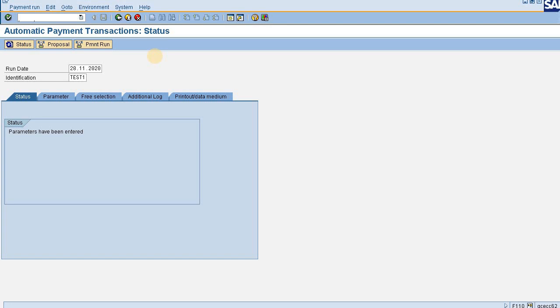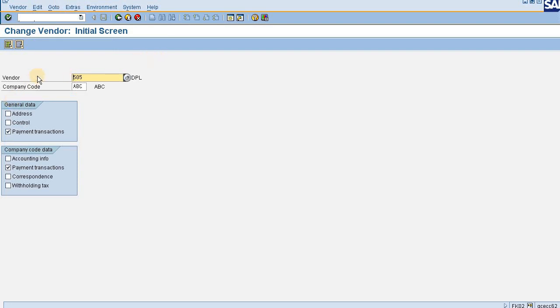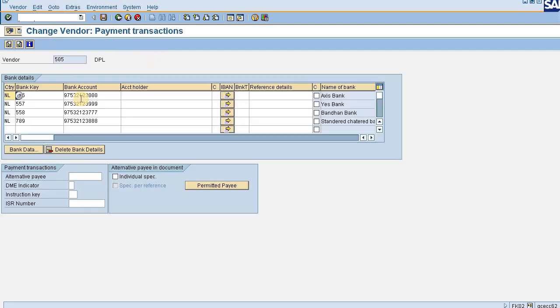Now first of all, I'm going to show you a vendor master. FK02, this is my vendor. Going inside, this is the condition of the vendor master.